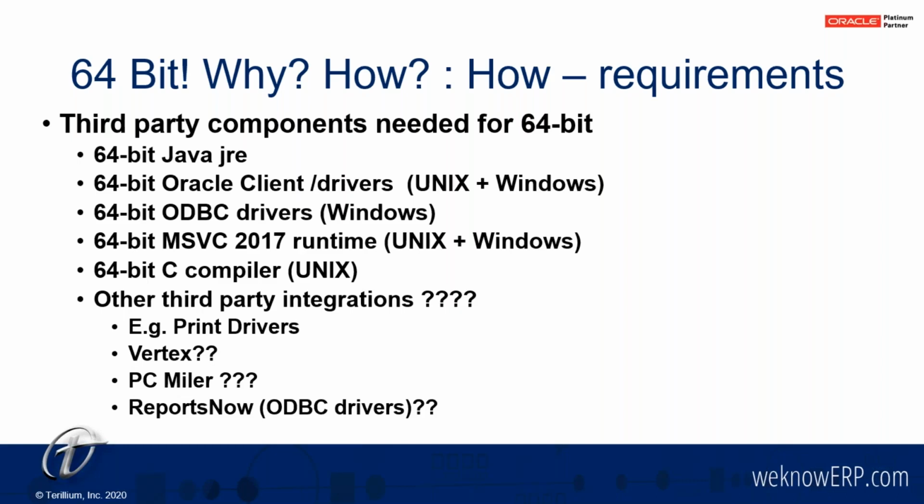There is a 64-bit Visual C runtime, specifically MSVC 2017. On the Unix versions, you'll need your 64-bit C, C++ compilers. Other third-party integrations. I think that this reiterates what David mentioned in some of the slides: print drivers, Vertex, other third-party products. I can think of PC Miler, Reports Now, may require